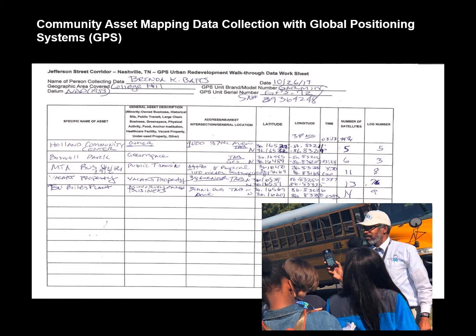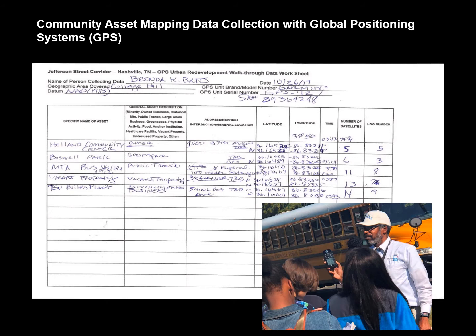If an asset does not specifically have a street address, but it's near a major intersection, you can locate it near that intersection. If an asset is not near an intersection or does not have an address, then you would list it as a certain distance and direction away from a fixed feature, such as a large building or